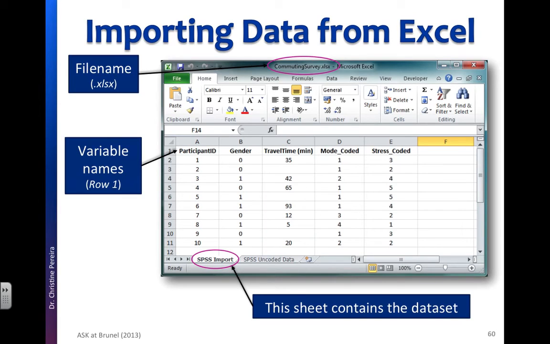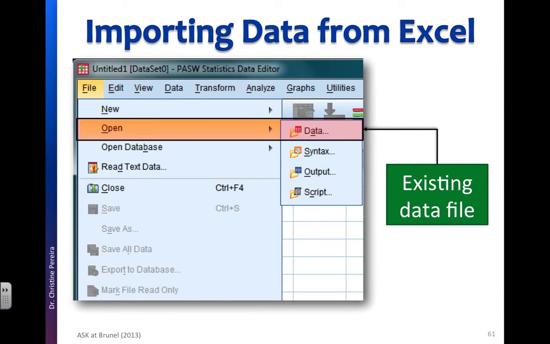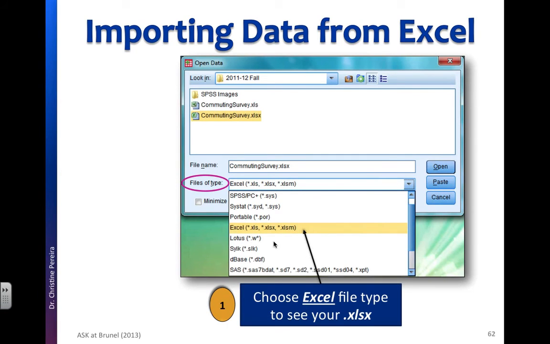Okay, so I'm going to close my Excel file, make sure it's not open. Please do make sure yours is not open either. Close Excel before we do the import. So go back to SPSS, and from the File menu, choose Open, and then choose Data, because we're going to open a data file. Now, the first thing you want to do is, from this Files of Type option,